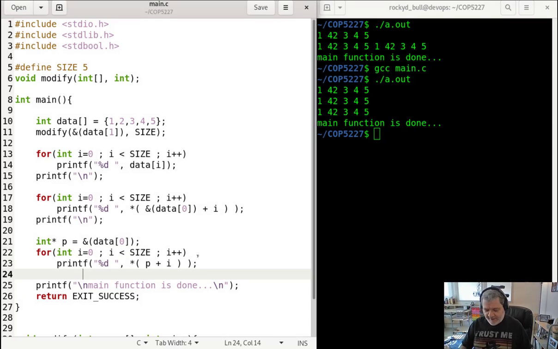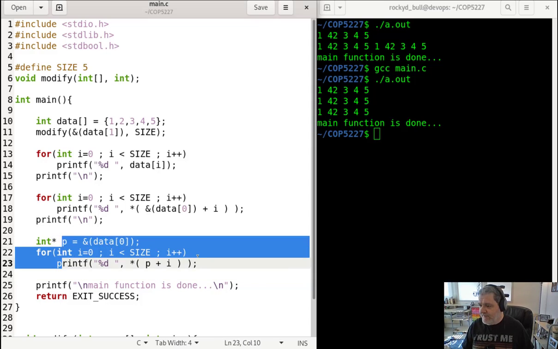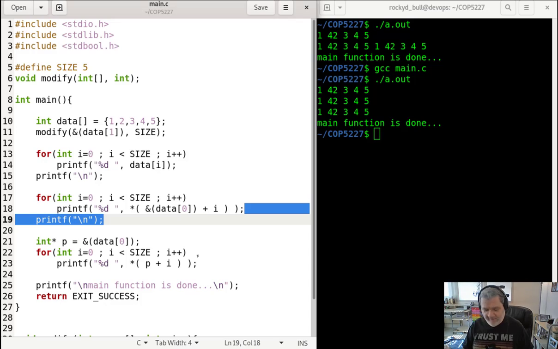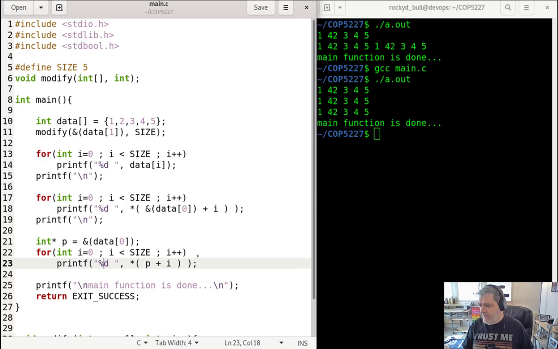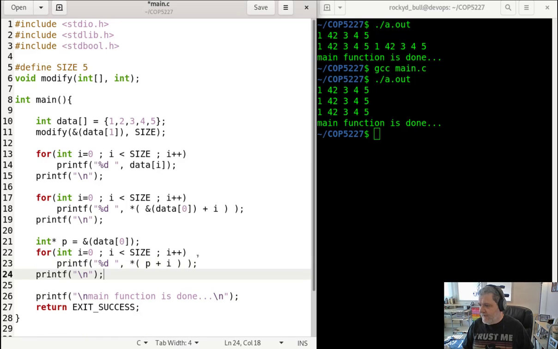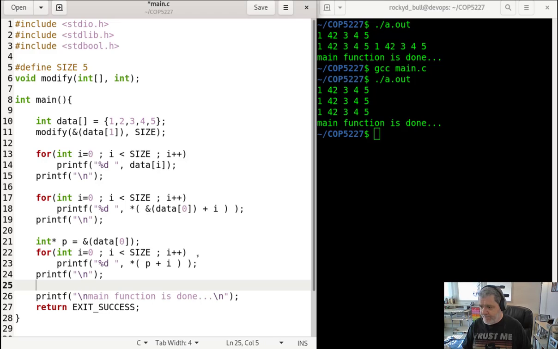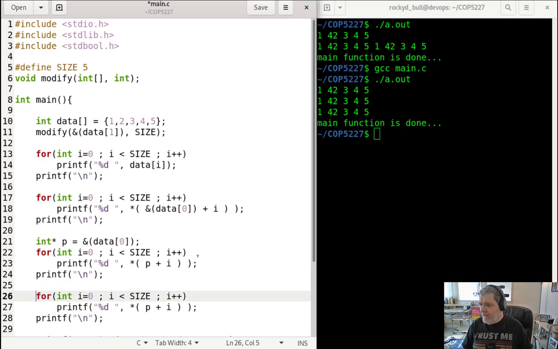There is one other way that we can write things. So let me go back here, and then we are going to reset. Do we need to reset p? No, we don't need to reset p. p is still equal to the address of the element at index 0. So I'm just going to steal this printf here, put it right there, and we are going to do one more loop. So I'm going to reuse p. And this time I want to do